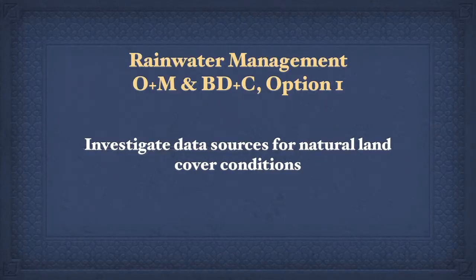Now we'll discuss the requirements for the rainwater management credit using a percentile of storms calculation. Option 1 under BD&C, or the only option for O&M. Select the appropriate option and path, if applicable, for the project. First, investigate data sources for natural land cover conditions and choose option 1 for BD&C projects if information is not